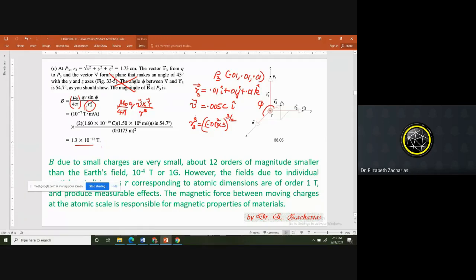This is actually the important point of the chapter. 1.3 into 10 to the power of minus 16. The previous one also, we found 10 to the power of minus 16 Tesla. Believe me, this is a problem you can do mathematically. You can take a pen, you can take a calculator, you can do it. But can you do it in a lab? The answer is unfortunately 0. You cannot do it. Because on Earth, so far, there is no instrument which can measure this magnetic field. This magnetic field, 10 to the power of minus 16 Tesla, is very small. It cannot be measured. Okay?